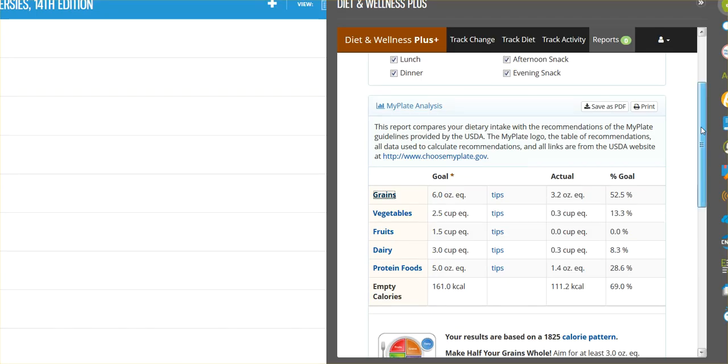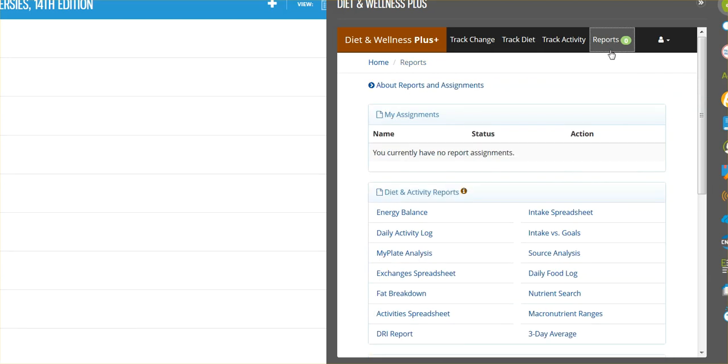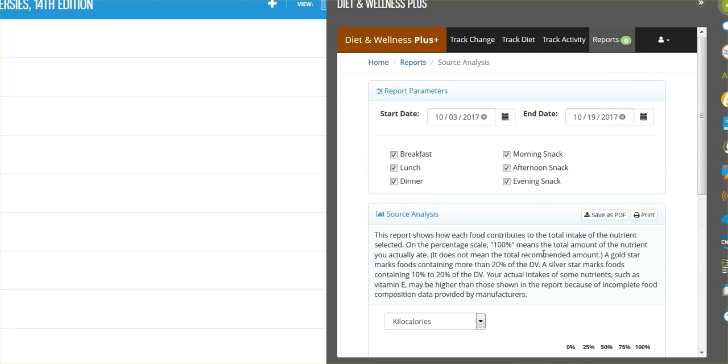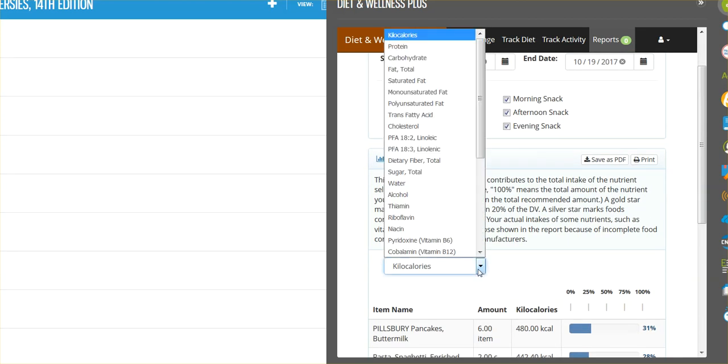And then you can also go to your food record, which you can either go back to Track Diet and select the date, or you can create a report. You do not need to actually submit this report, but then you could go to Source Analysis and select the source of carbohydrates.